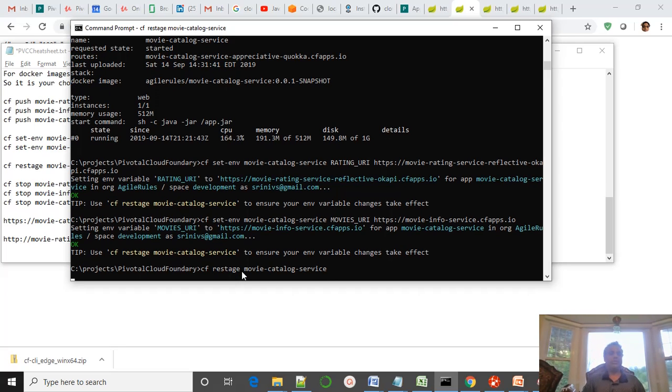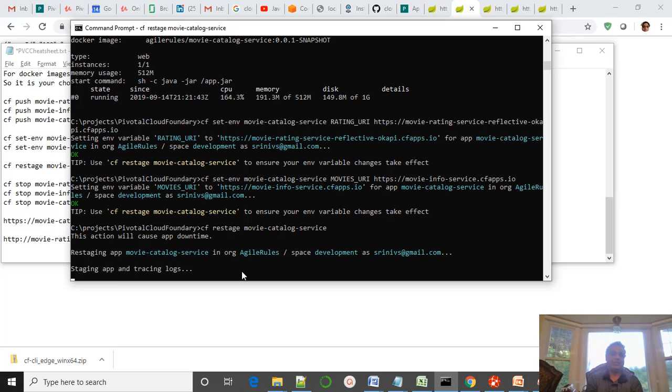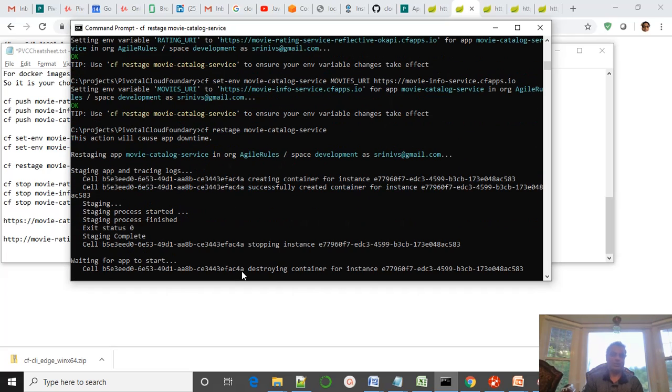What this is going to do is take into account your environment variable, and it's going to restage the same application. So it's going to basically stop and restart it. It's also going to take a minute. As soon as it comes up,